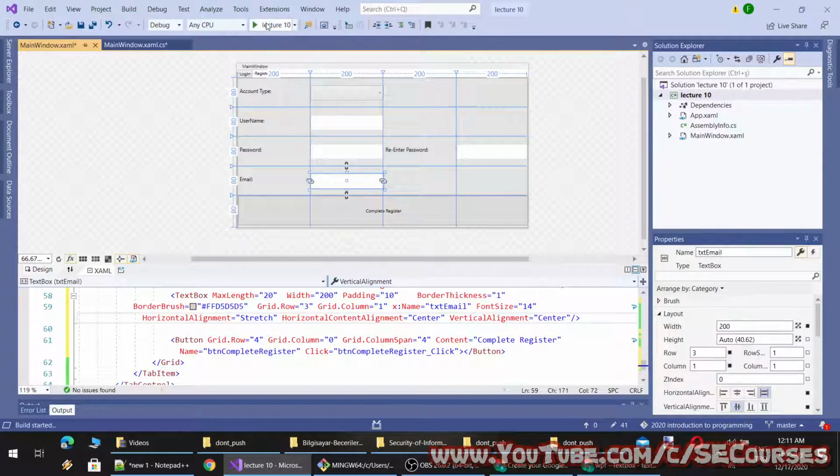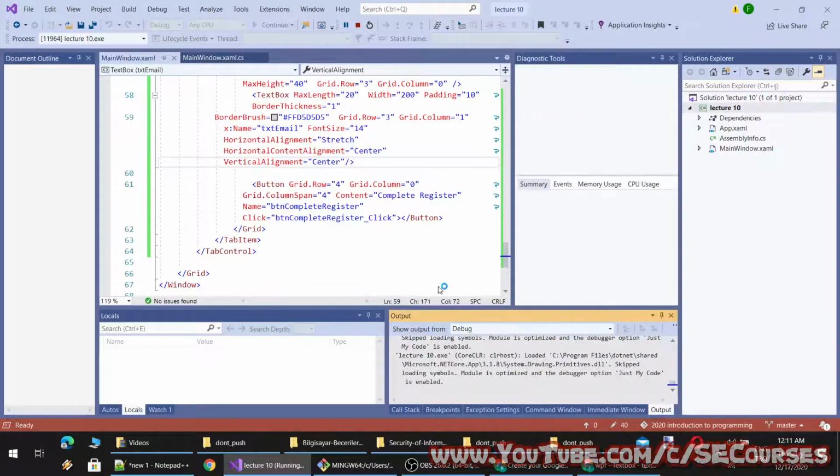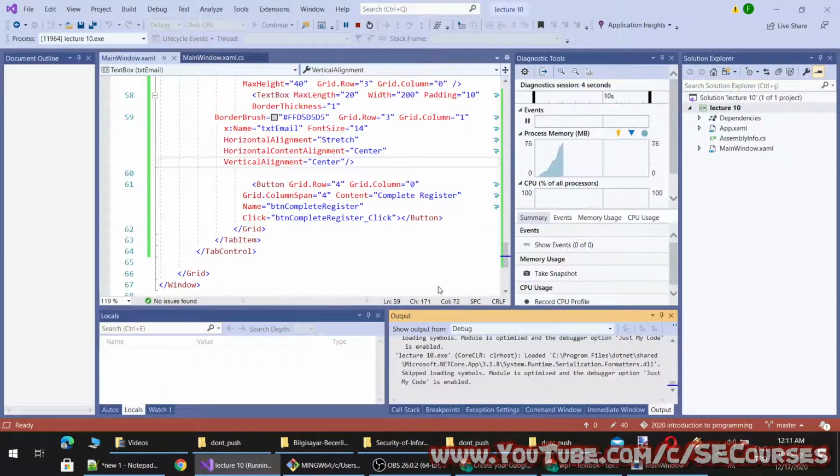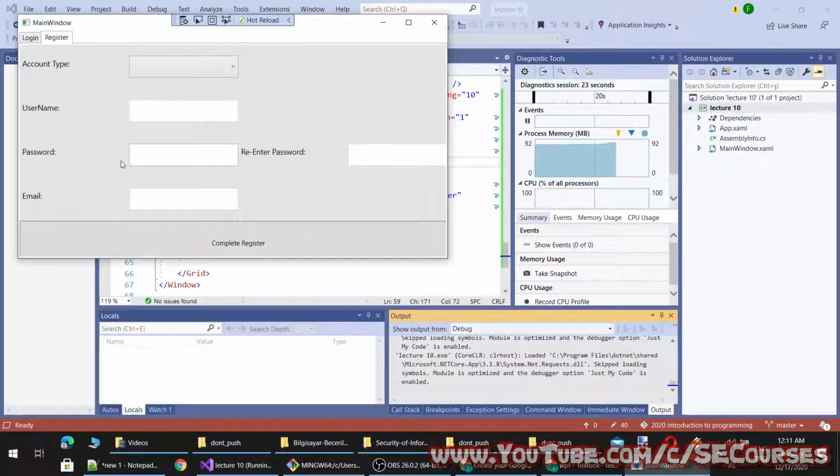Now when I run it, let's see how it looks. Okay. So yes, it looks like this.